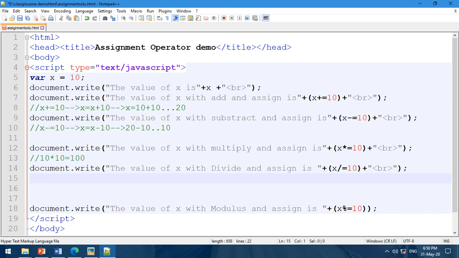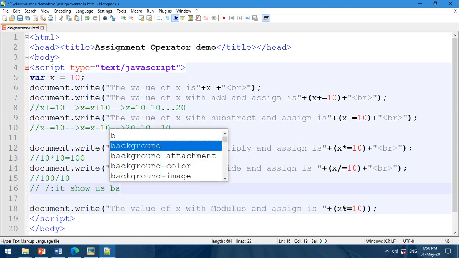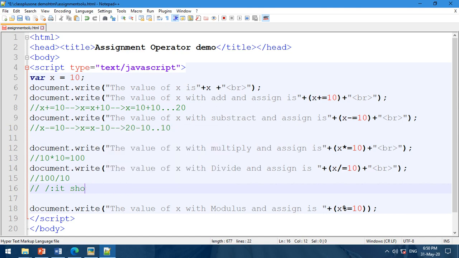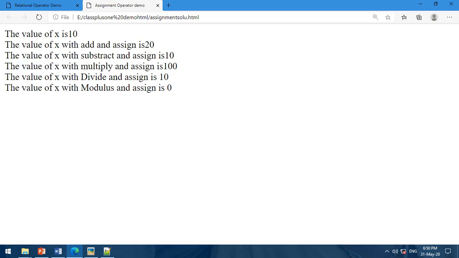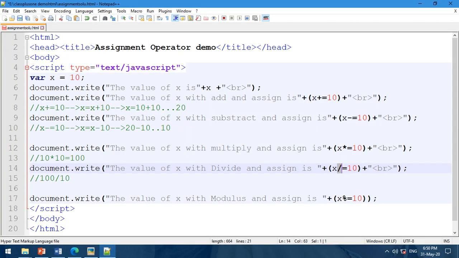100 divided by 10. As we know, when we use this symbol, it shows the quotient. Whenever we use the divide symbol, it shows the quotient. So 100 divided by 10 is 10, so the quotient is 10. That's why it shows 10. In the next case, it shows the remainder, so we use 100 modulus 10.